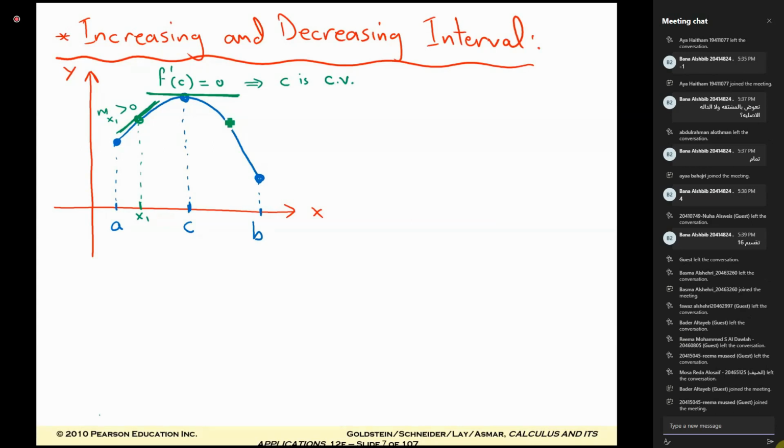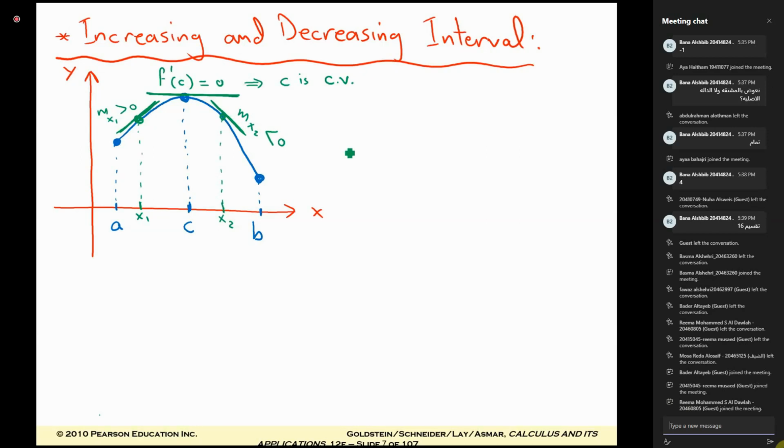And if I have here a point, for example, x2 here, and the tangent line at x2, look at this slope. This is slope m at x2 less than 0, negative. Also, we know the slope is the f prime. So we can conclude that from A to C to B,